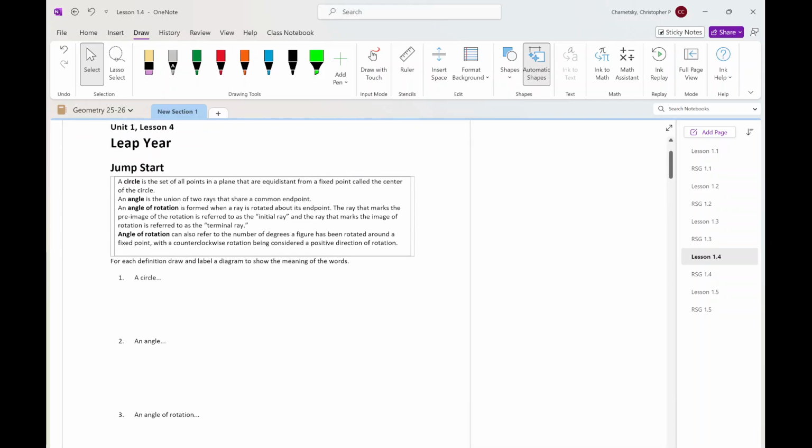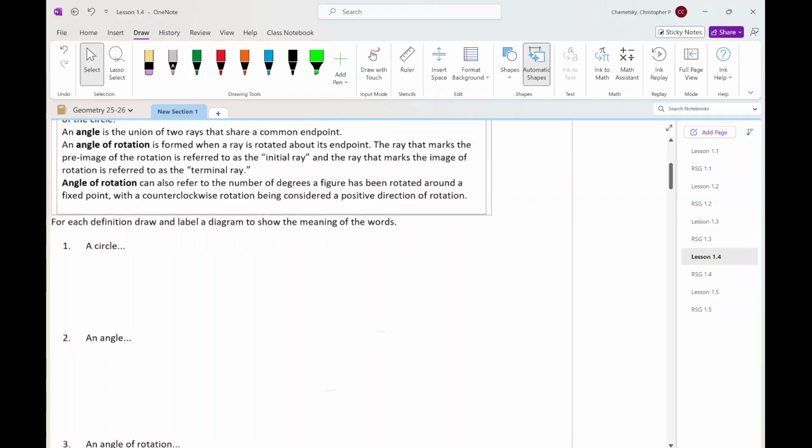So, in this jump start, they're going to have us draw a picture based on the mathematical description of the vocabulary term. The first one they start out with is a circle, which they're defining as the set of all points in a plane that are equidistant from a fixed point, called the center of the circle. So, if I'm going to draw this,